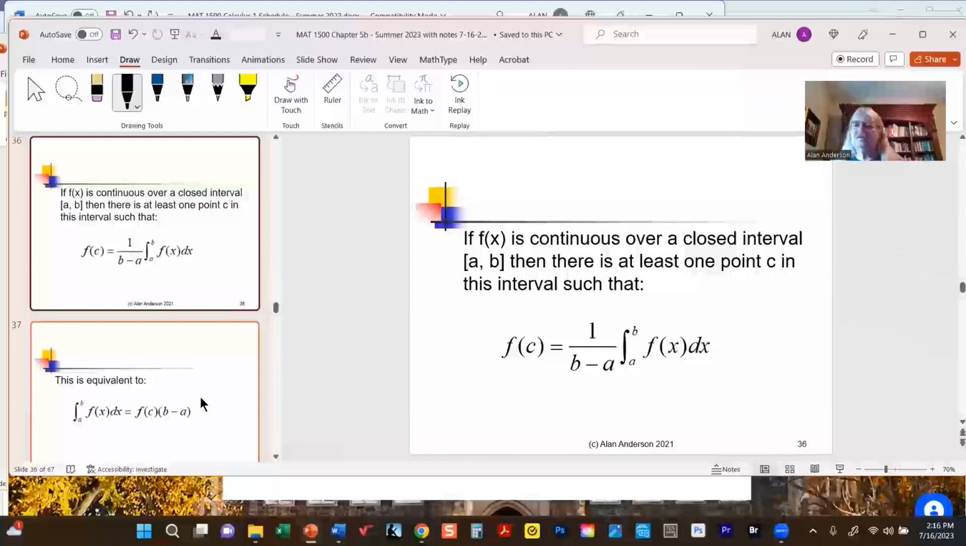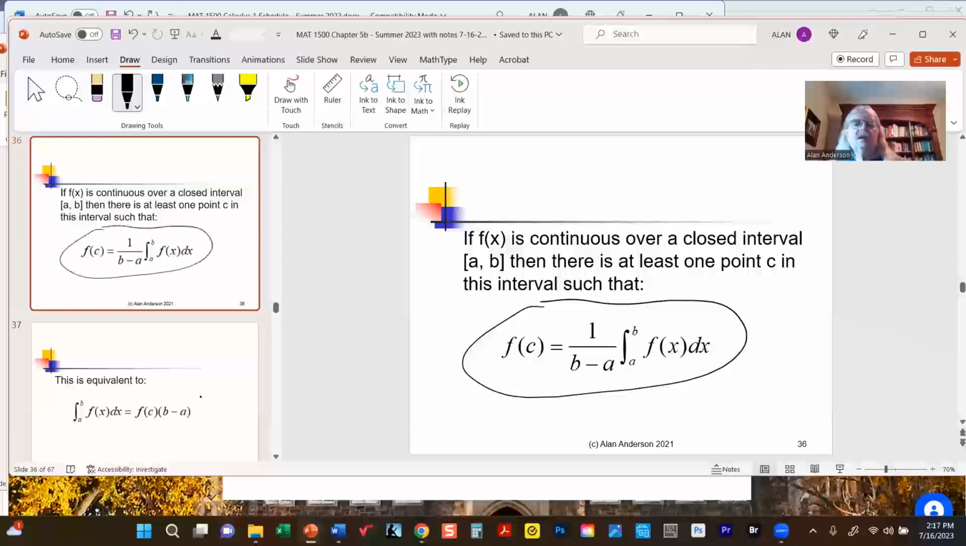Of course, again, remember, this assumes that the function is continuous. If it's not continuous, of course, it could skip around and completely avoid that average point. But since it's assumed to be continuous over that interval, then it must reach that point. And in fact, there must be some point C in that interval where we're reaching that average value. Okay, so in other words, if we draw that graph again,